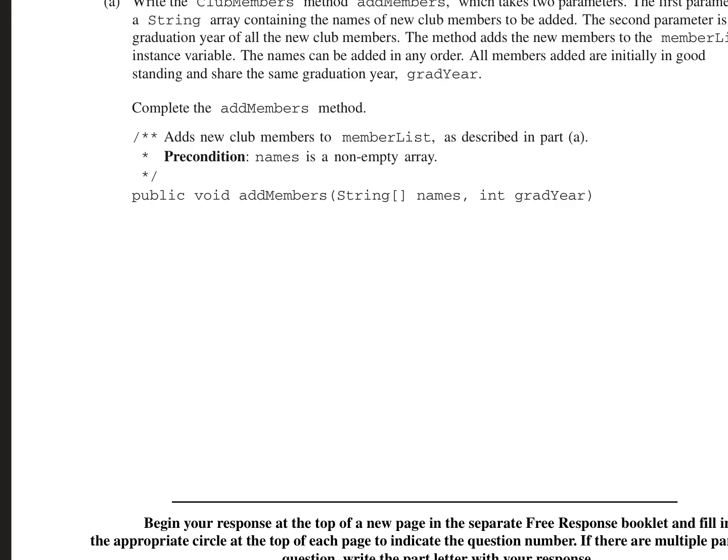Public void add new members, string names, grad year. So first thing I'm going to do is traverse my string array called names using an enhanced for loop. So for my data type, a string, I give it a temporary name, which I'm going to say is in names. And we're going to add this to our member list. So it'll be memberList